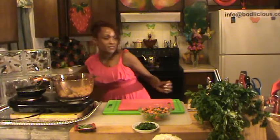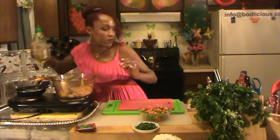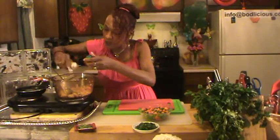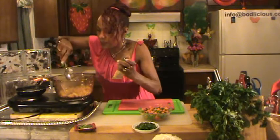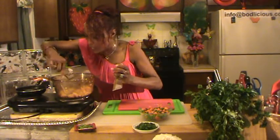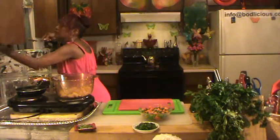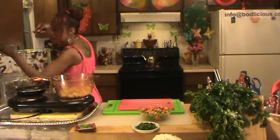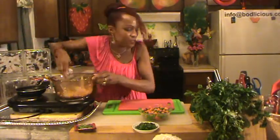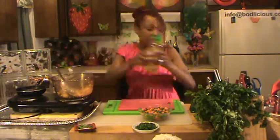It would help if I didn't forget to add oil to the fried rice, a little bit of oil. I'm also adding a little bit of ginger, a squeeze of ginger. Actually, I did more than a squeeze, so let me adjust. Pardon me while I do that. Didn't need to add that much. I would have preferred to have chopped my own ginger, but I'm still trying to use up some of my convenient